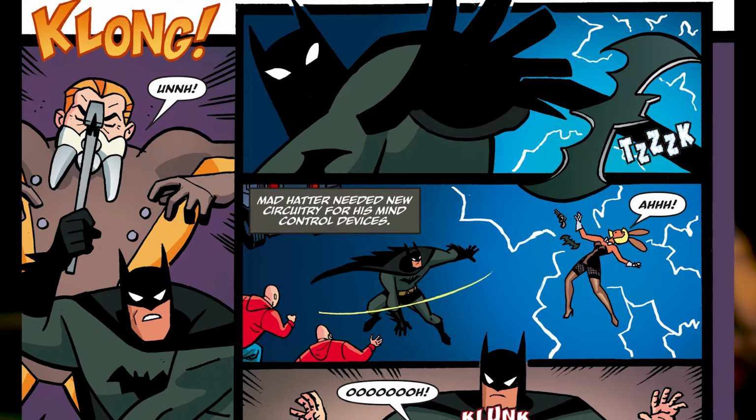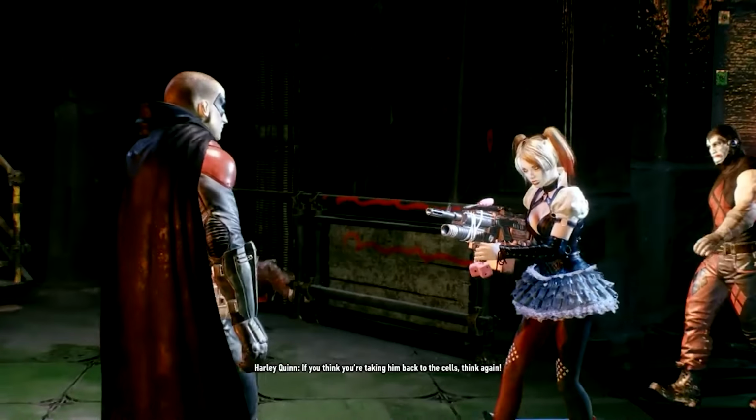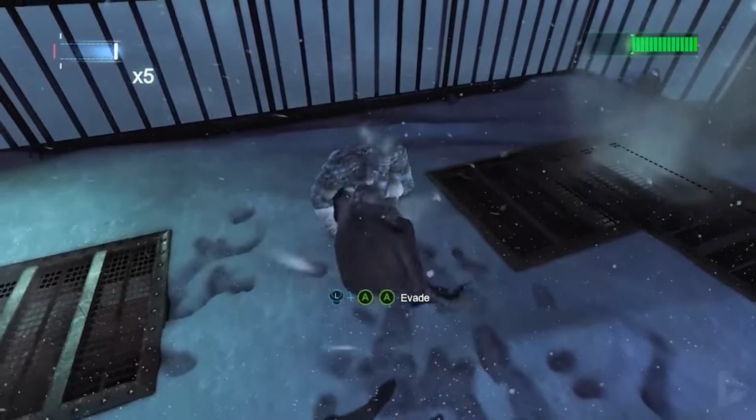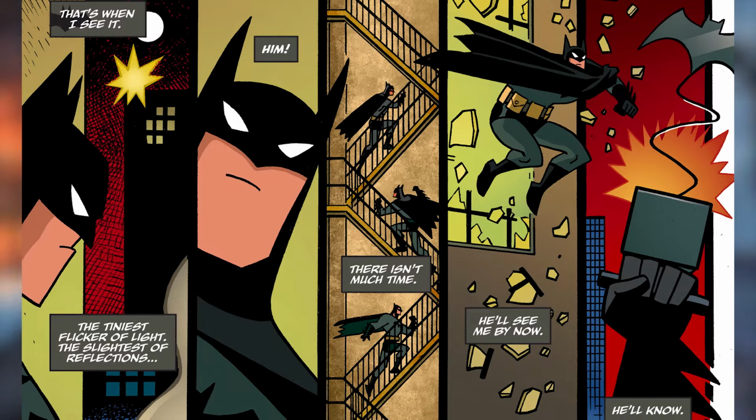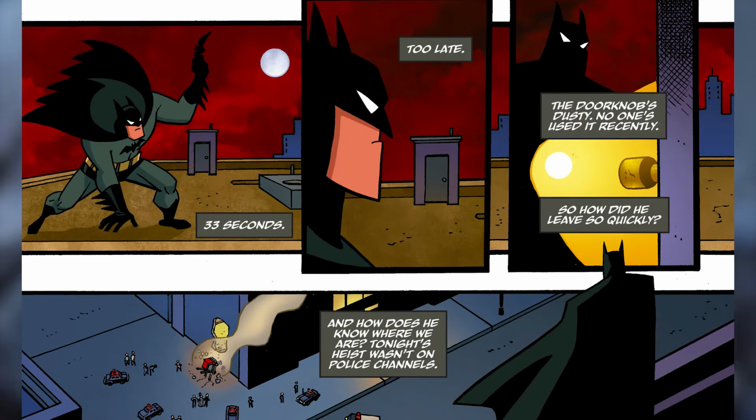We are then swapped to the perspective of Batman as he takes down the Wonderland gang in a literal 1v4 situation, but is Batman against a literal bunch of other normal human beings, so he's guaranteed to win. But just as he's about to finish them off, he sees the stalker that was told to him by Batgirl and attempts to chase after him to the top of a building, but of course being way too slow, he